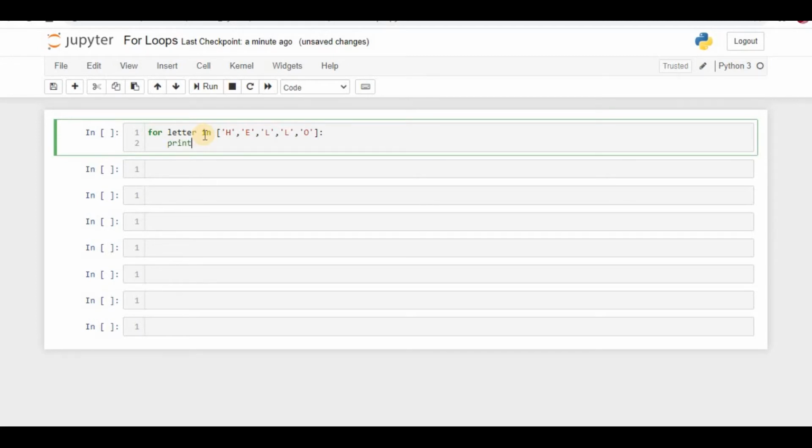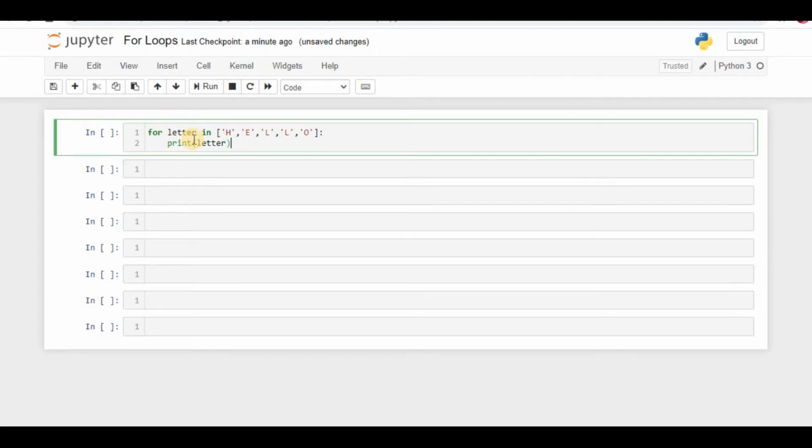Okay, I'll just explain once what I did here. For is the keyword, that is the reason it appears in green color, and letter is a word which I gave. Letter is a variable here, which I defined for my purpose.